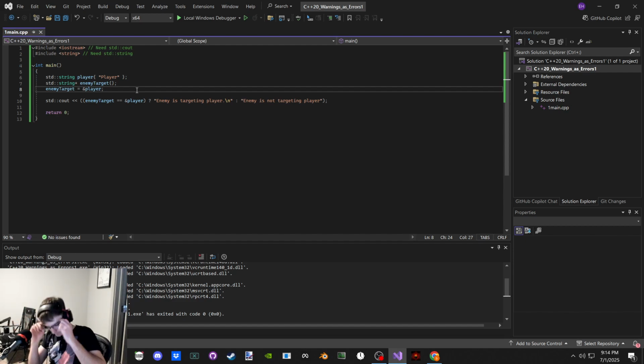Here's an object. I can basically say, hey, there are treasure hunting players in the game. And whenever the player looks at the treasure, their pointer for their current target will point to the object that their center pixel, where their cursor is, is over. So I'm constantly looking to see what their target is. I can check to see, hey, is their pointer holding the address of the treasure chest? Because if it is, they have targeted the treasure chest. No, no, no, no, yes. I can totally check that.